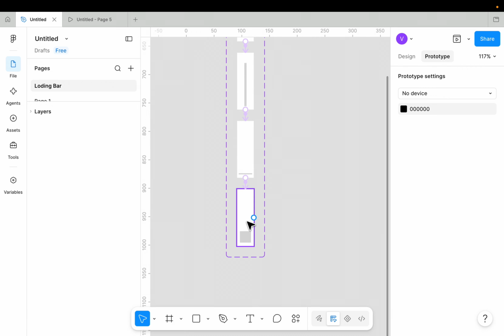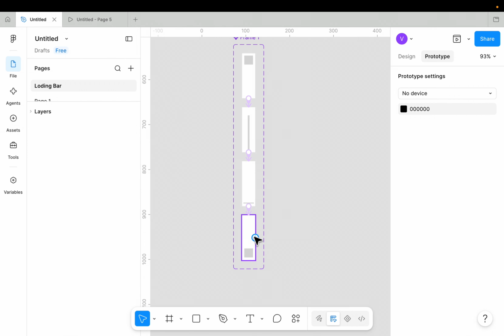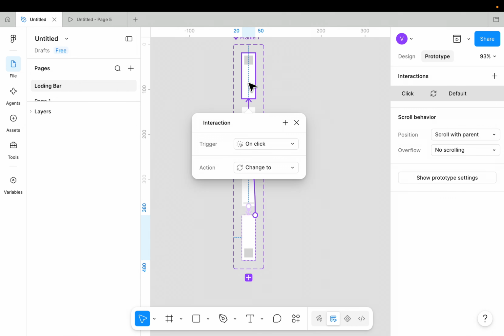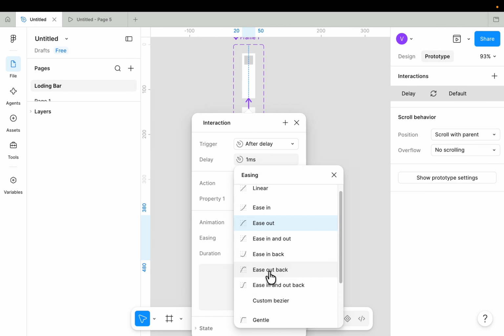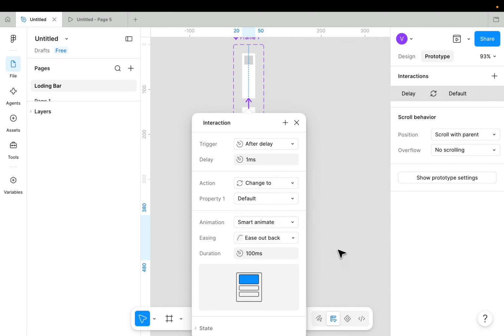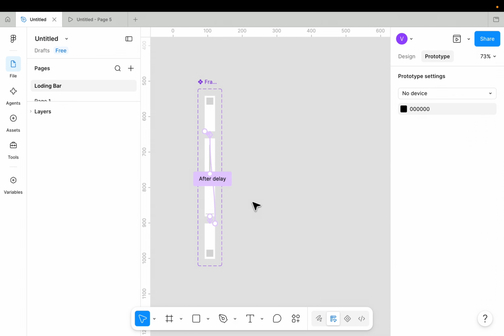So now from here back to this, I want a bounce effect, so I will connect this one from here to there, and after delay 1 millisecond. Smart Animate is fine. Instead of ease out, I will just make it ease out back. Okay, 100 milliseconds. Now I will quickly create one frame here on the side